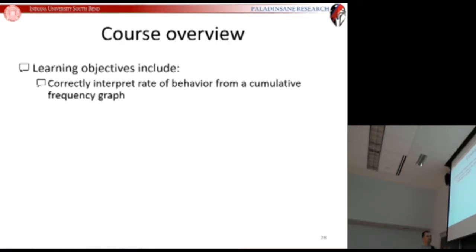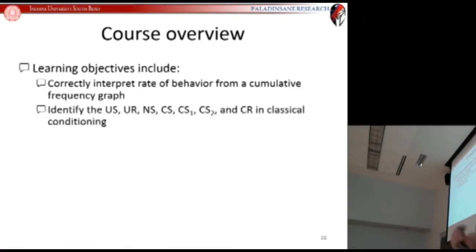So, learning objectives that we're going to go over in this course. You're going to learn how to interpret rates of behavior from a cumulative frequency graph. So you'll learn all about how to read these cumulative frequency graphs to identify types of behaviors. You will identify the US, UR, NS, CS, CR, CS1, CS2, and CR in classical conditioning. Now,